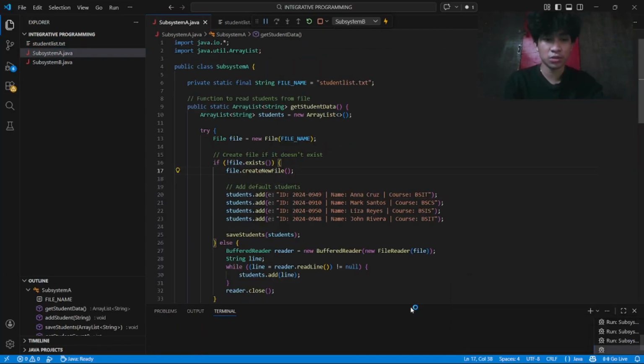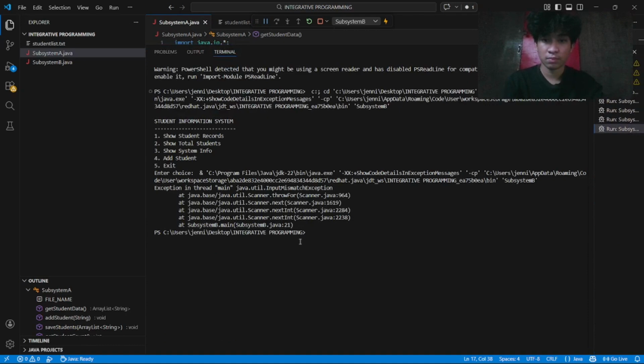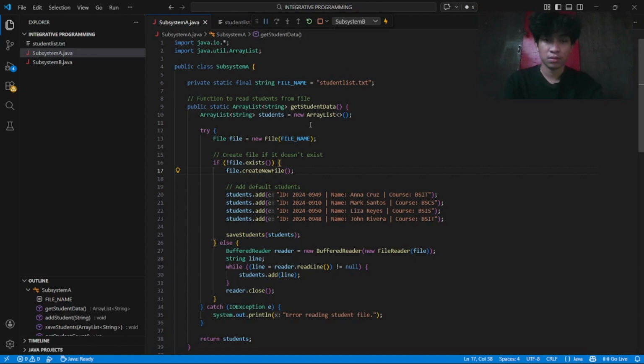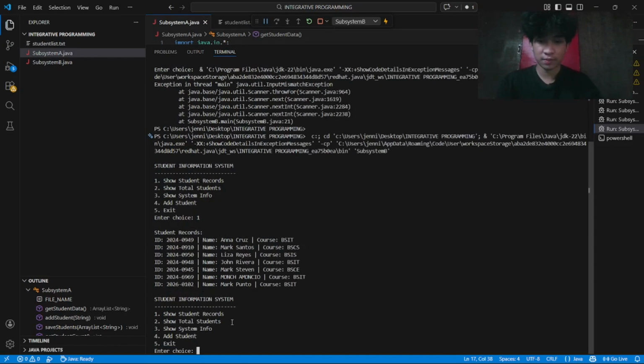If we run the code here, we enter 1 to show student records.